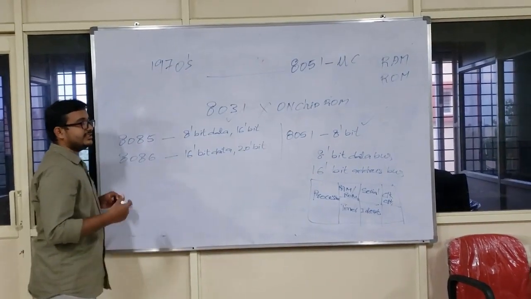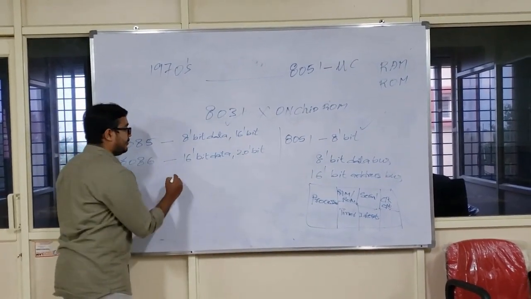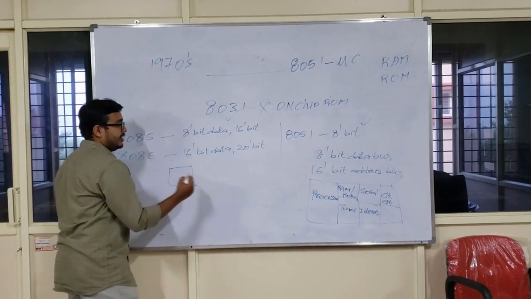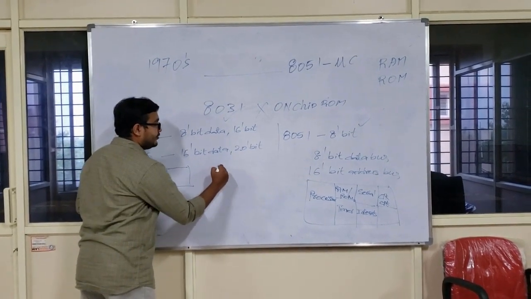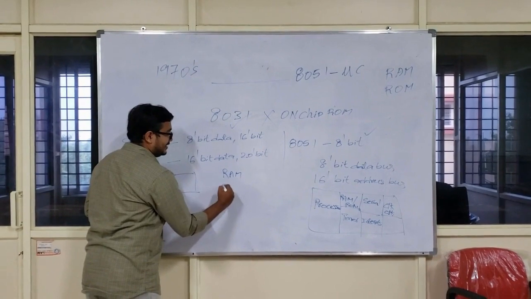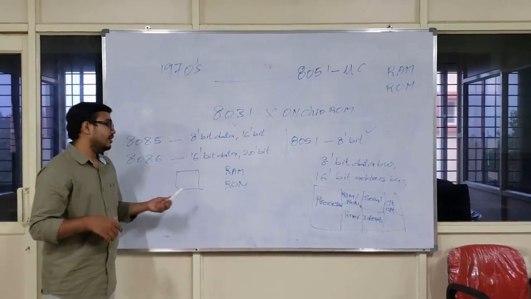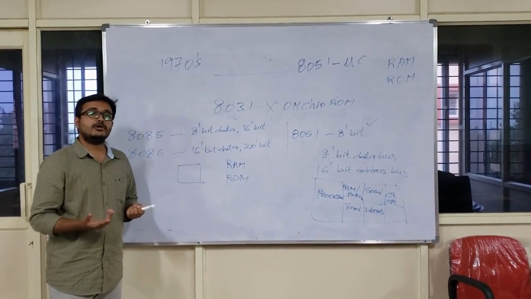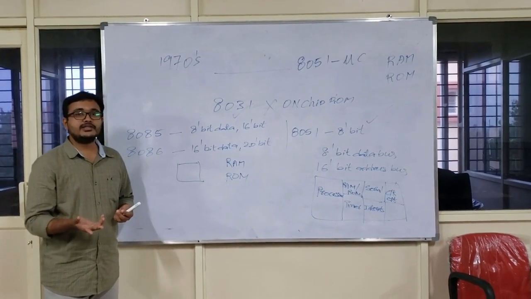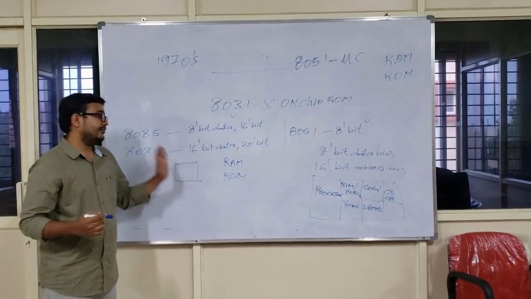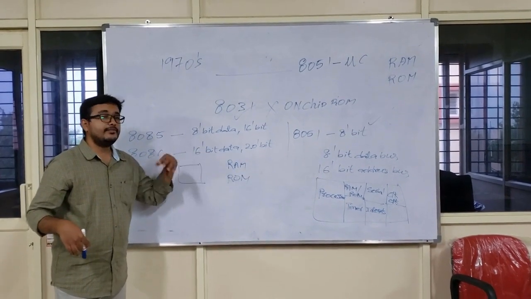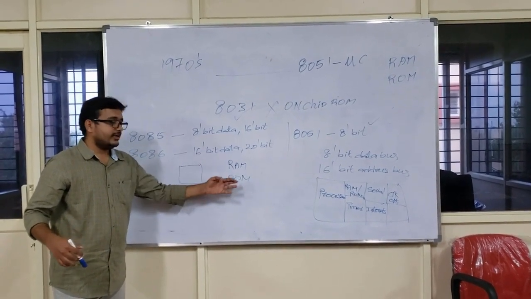I want to provide the functionality of a memory, which means the microprocessor unit has to interface with external RAM or external ROM if the memory is not sufficient. Or, if the microprocessor itself has some inbuilt registers and that memory is not sufficient, definitely I have to interface with some external RAM or otherwise ROM.